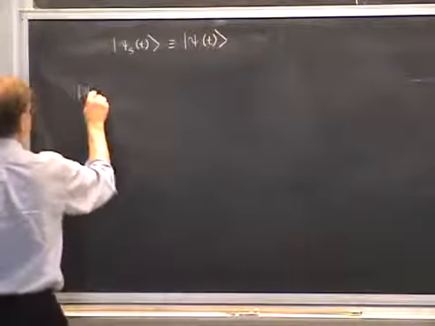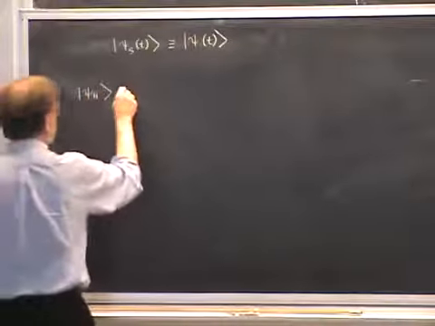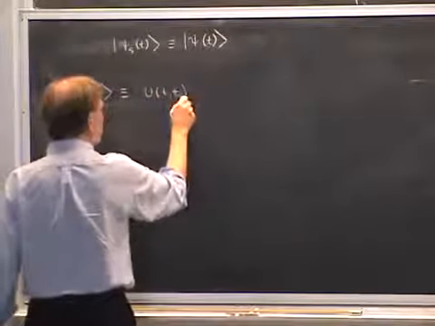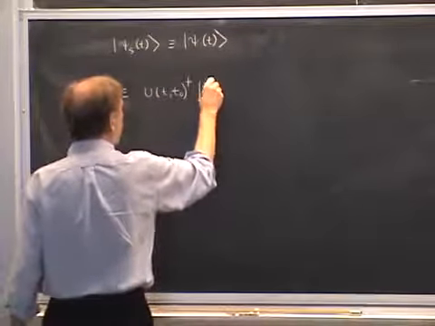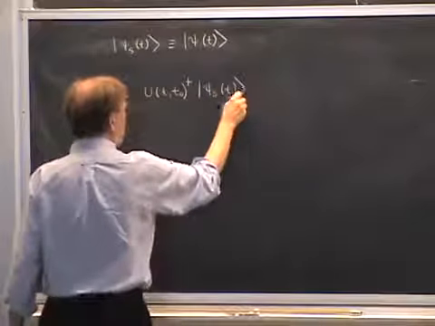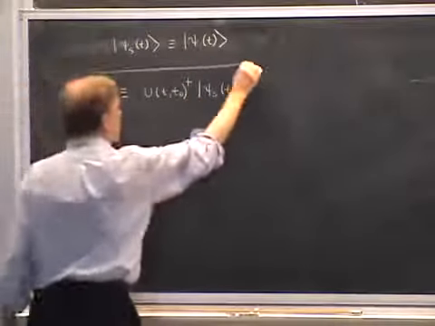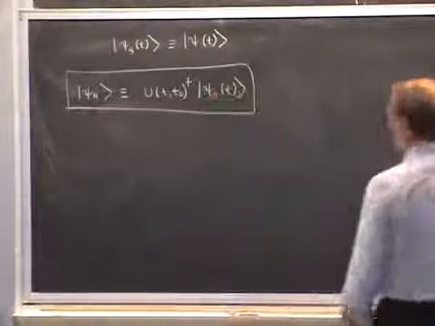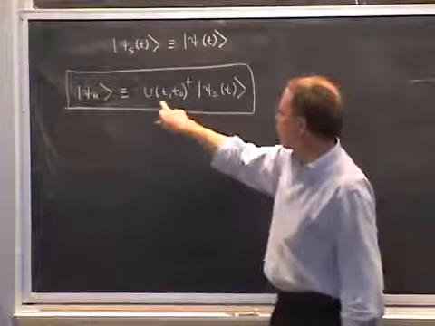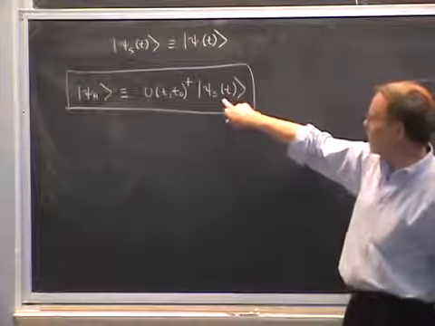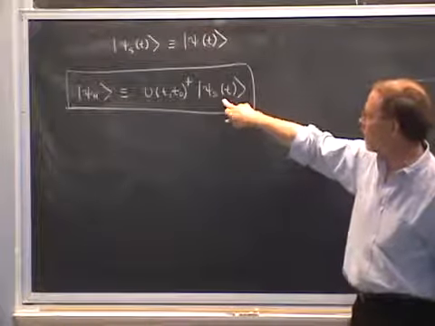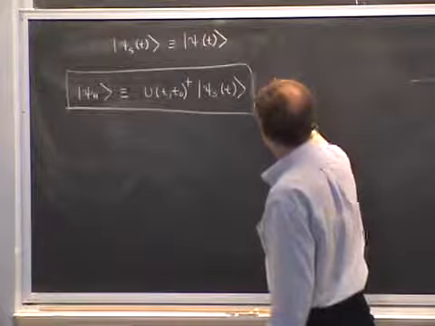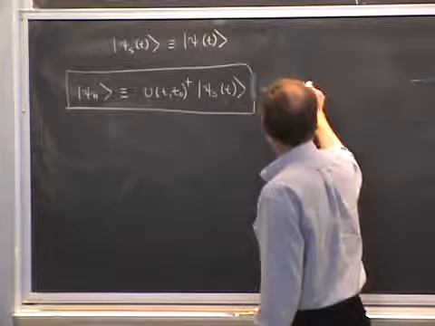The Kets in the Heisenberg picture, I'll write as psi H with an H subscript, and the definition is given by the unitary time evolution operator U of t comma t0 dagger applied to the Kets in the Schrödinger picture. It's just a definition. But you see what the definition does is that since there's a dagger on this U, it strips off the time evolution that's in the Schrödinger picture and effectively takes this back to the initial time. So as an aside, this is also equal to the Schrödinger Ket at time t0.